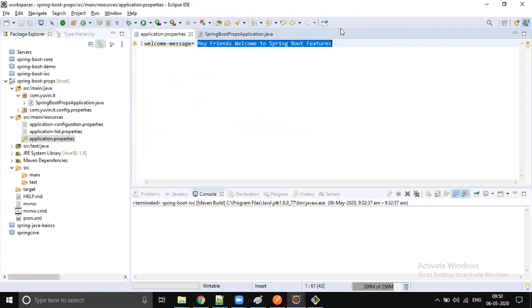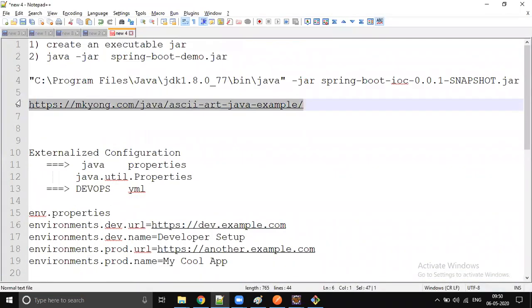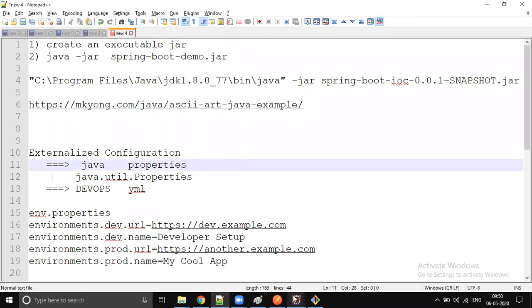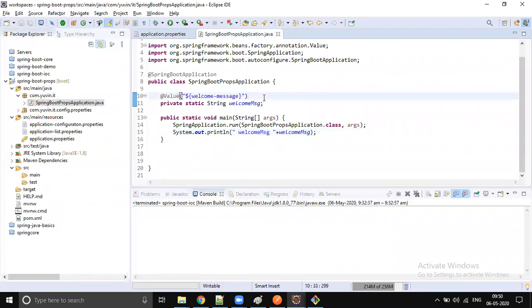I got only one response. What about the others? Sharath, Hari, Abhiram, Chintesh, Jagadish, Jupudi, Uchi. I don't know who answered that, but I'm asking the others. Sharath pinged me, so I'm going to ping this URL here. By using that, you can generate your ASCII art. Let's come back. What is the output, guys? Are you just looking at my screen or doing something else? What is the output we're going to get?